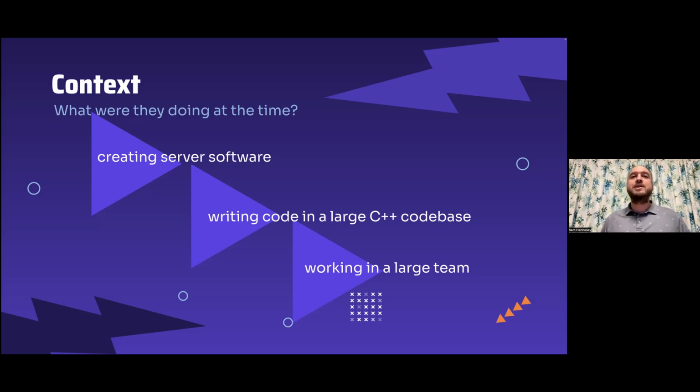They were writing code in a large C++ code base. And one thing about C++ is it's a compiled language. We'll talk about it a bit more, and it's really, really powerful, and it adds on features to the C language. And they were working in large teams. So why are these important? Well,